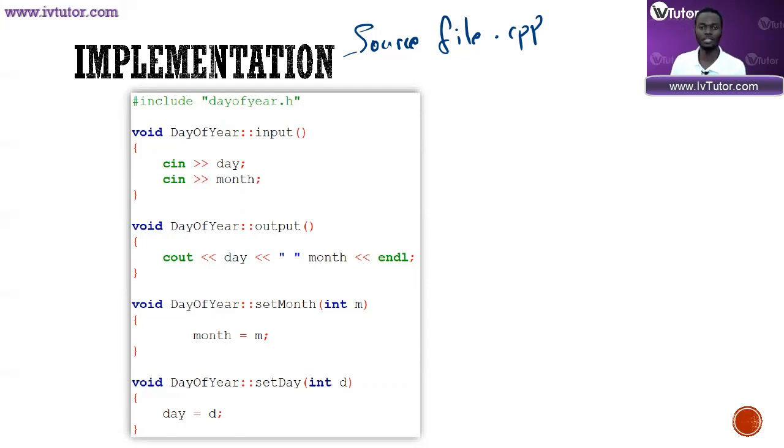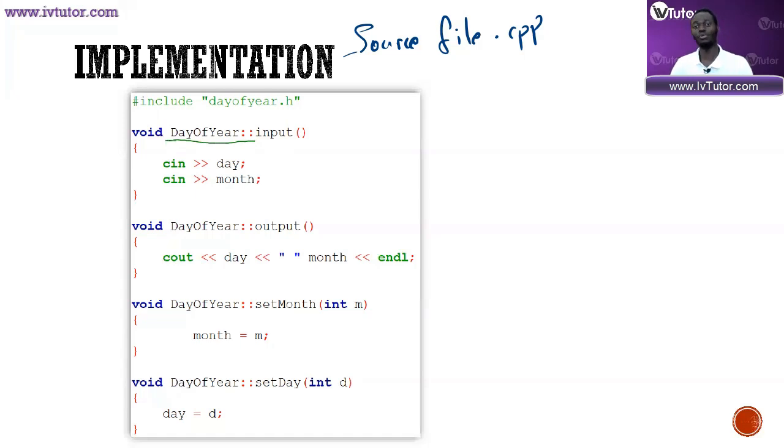Let's say we had 3 classes and then the compiler combines all your implementations into one file. How does it know where this function belongs? Maybe you've got another input function in another class that is somewhere. For that reason, we always have to specify where this function belongs by putting the name of the class behind the function,